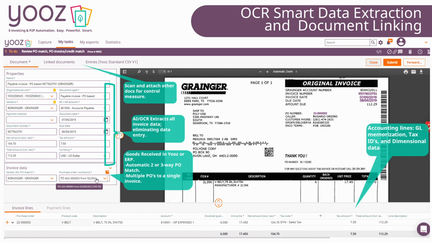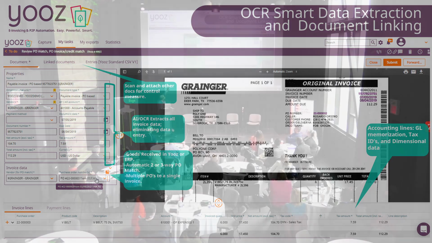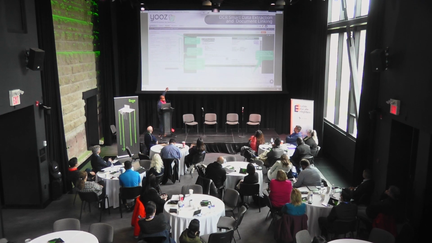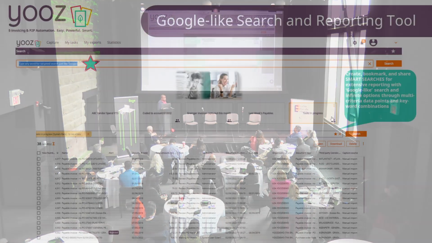So that smart data extraction that I was talking about, it scanned the invoice, right? On the far right over here, we'll see invoice number, you see it in purple, and below that the invoice date in purple, the due date. It literally read it like a person would, and it put it over here in our header fields. So imagine it just automatically filling out these dates. All you do is review it, and then you can send it on over from there. Memorize your GL coding here at the bottom. This is actually for a PO that it matched with, but imagine it being just a normal invoice as well.